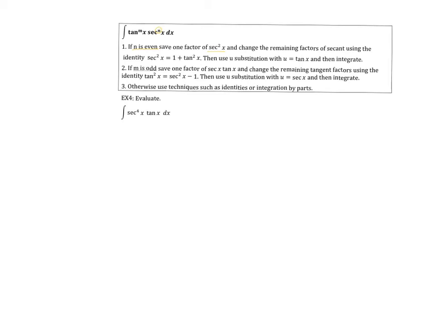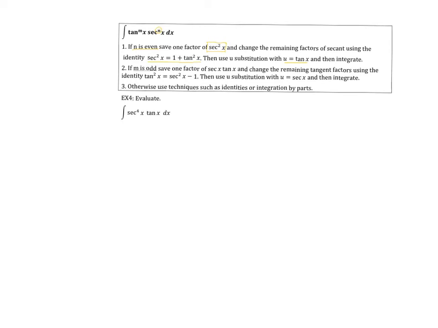if we take the derivative of tangent, it's secant squared. So we're going to reserve secant squared, and we're going to change the remaining factors of secant using the identity that secant squared is 1 plus tangent squared. So that means our integrand is going to be all in terms of tangent. Our u substitution is tangent. And then when we take the derivative of tangent, we get that secant squared dx that we can get rid